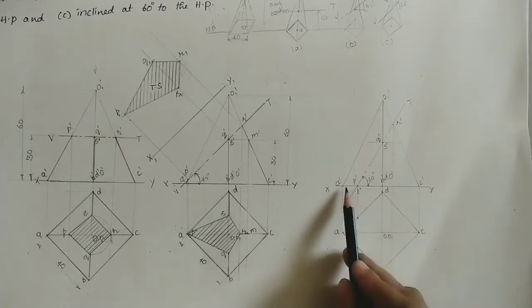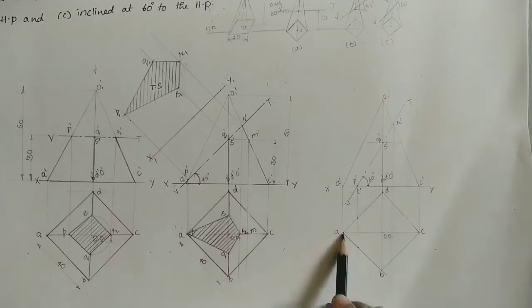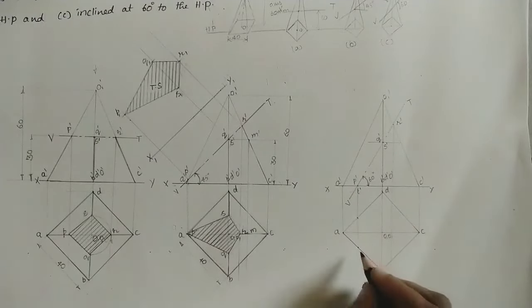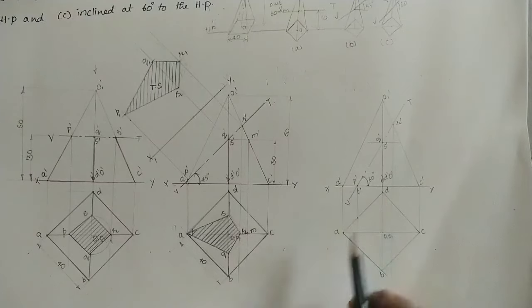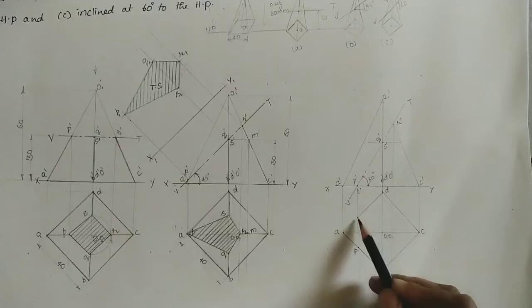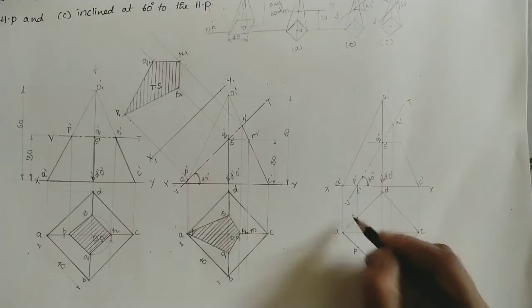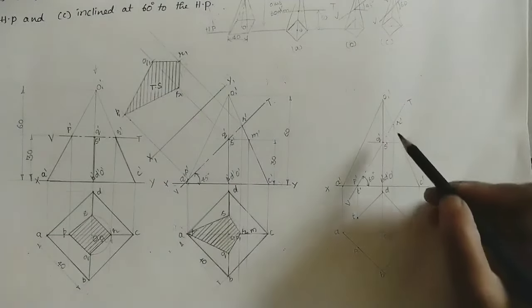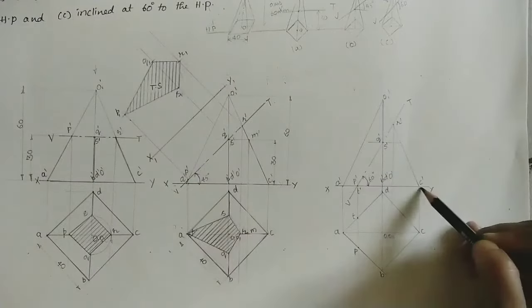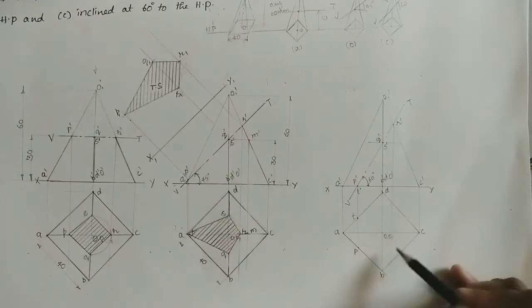Let us take this P dash point is on A dash B dash. On AB line, take the same projector line. Take this intersection point as small p. Similarly, take T dash. Let us assume it is on AD. On AD, mark the T point on the same projector line. So P and T are coming on the same line. Similarly, mark R point. Where is R point? On OC. Take the same projector line up to OC.